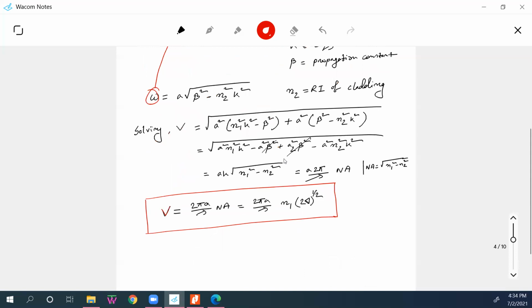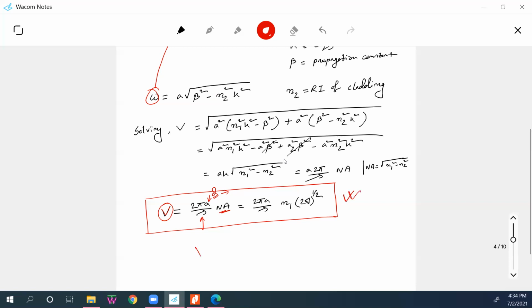This V parameter gives us the number of modes in the optical fiber, which is related to the wavelength. A and D are interchangeable in our cases, which is the diameter of the core, and the numerical aperture. So if you know all this formula, you can see how many modes will be in an optical fiber. This will be very easily understood if we do some problem solving in this class. So remember this formula.